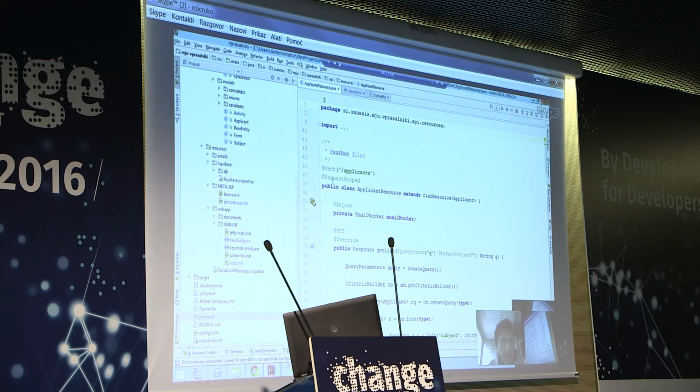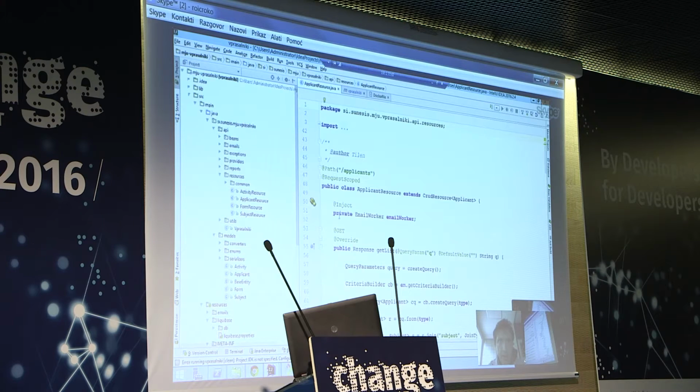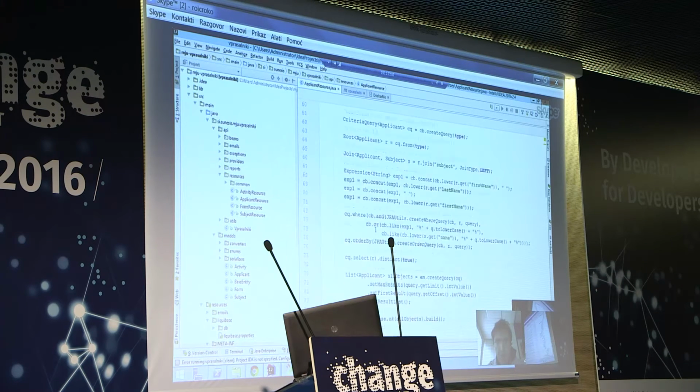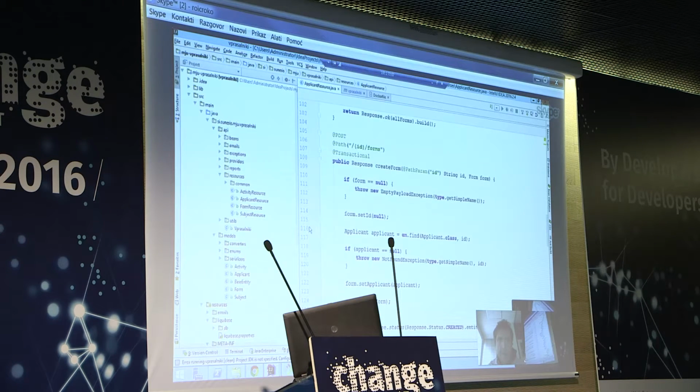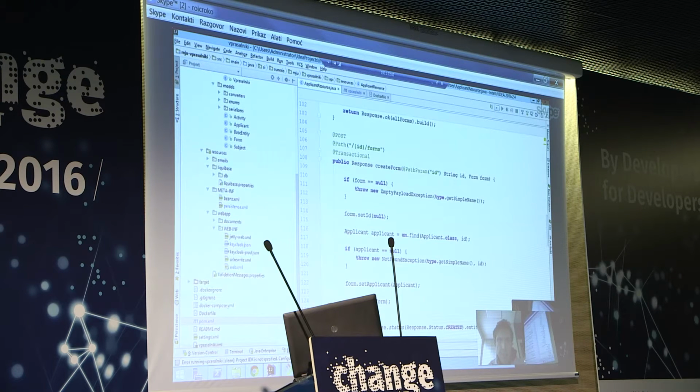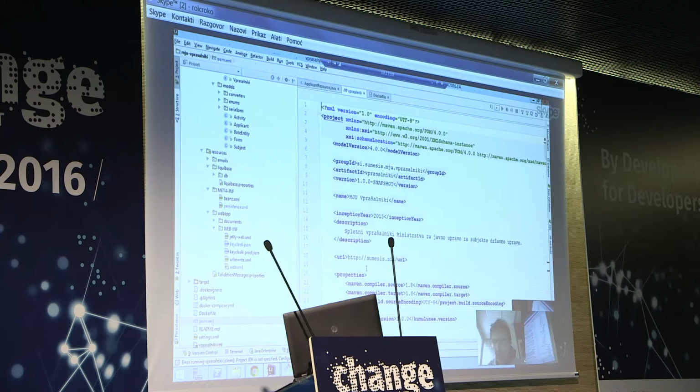What you see here is IntelliJ, where I have a Java EE project open, and I hope you can see this. This is a REST service using JAX-RS, standard Java JAX-RS code, and then some Java code. There are some more resources defined. Now, to build such a Java EE application using Kumuluz EE, the only thing you have to do is go to the POM XML file. This is the Maven configuration file.